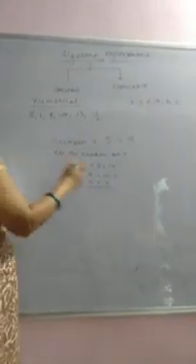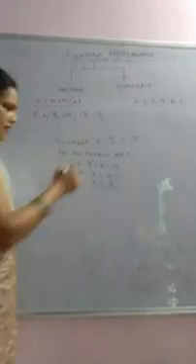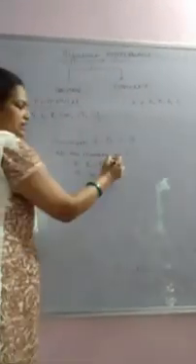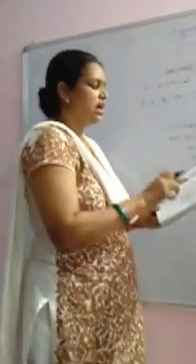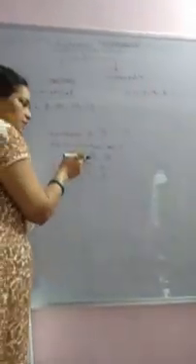Now here x is my variable part, 5 is my constant part and 10 is also a constant part. You can see in your book also, in the first chapter on page number 97, the definition of constant and variable is given. What is constant? A symbol having a fixed numerical value is called constant, and variable is a symbol which takes various numerical values.